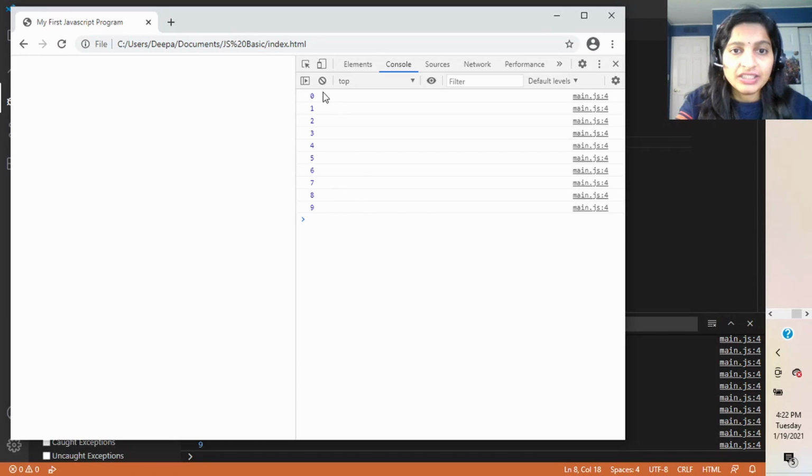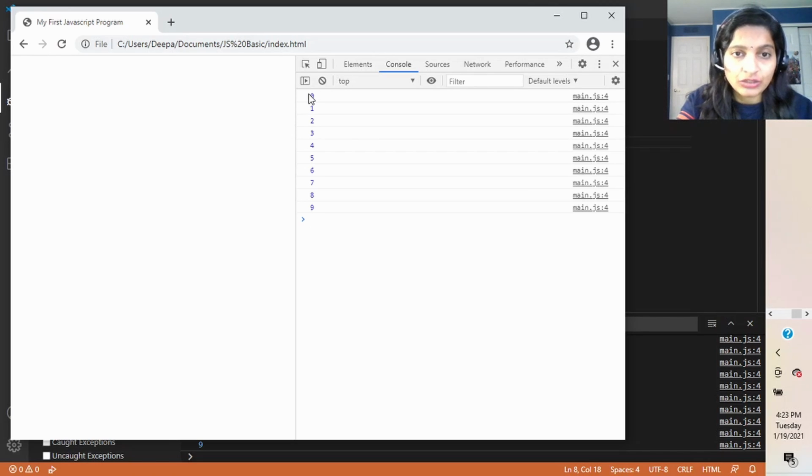What will be the output? Yes, output starts from 0 to 9. Why is 10 not printed? Because we have taken the condition as a is less than 10. So when it comes to 10, 10 is not less than 10. Means if the value of a becomes 10, then it's not less than 10, so it gets out from that loop. And this is how the for loops run. And I have taken it from 0 because the loop starts from 0.